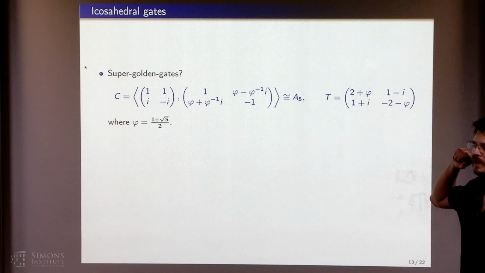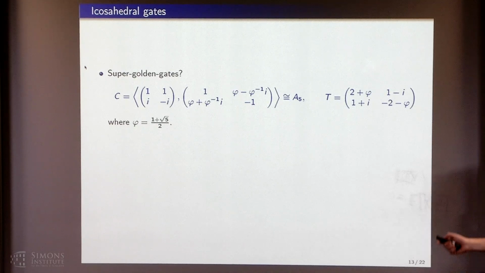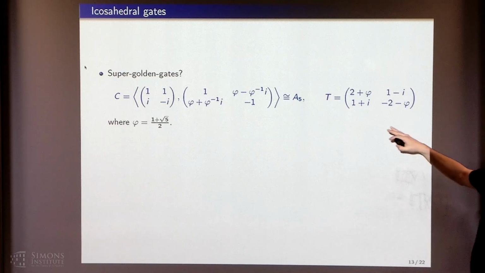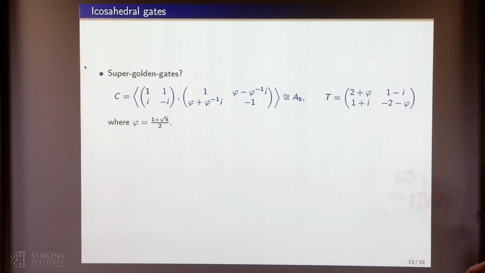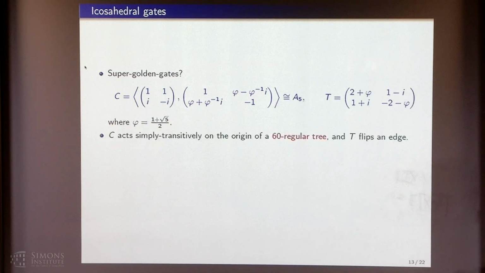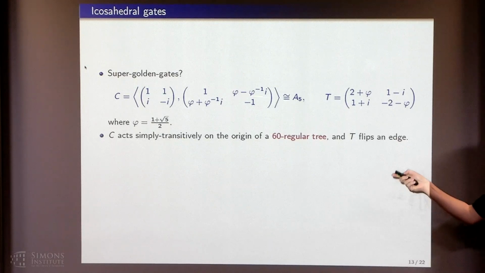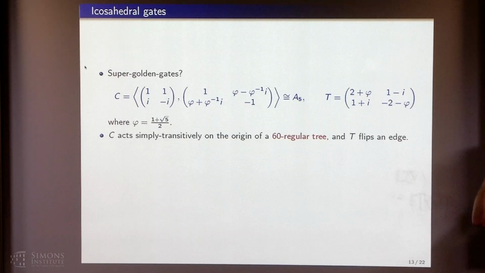Platinum. So this is a group of order 60, isomorphic to A5, and this is T. And we use here the golden ratio. It acts simply transitively on the origin of a 60 regular tree, and T flips an edge. And we think you can't do better. In some sense, this is Klein's icosahedral group, which is the biggest group you can put in U2,